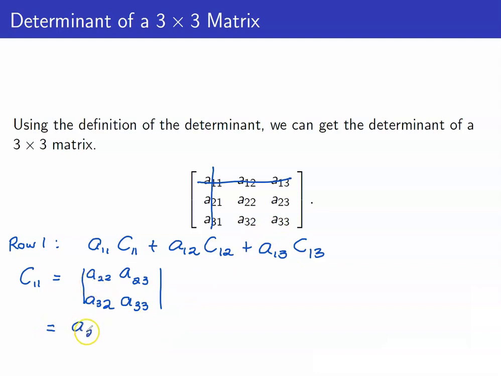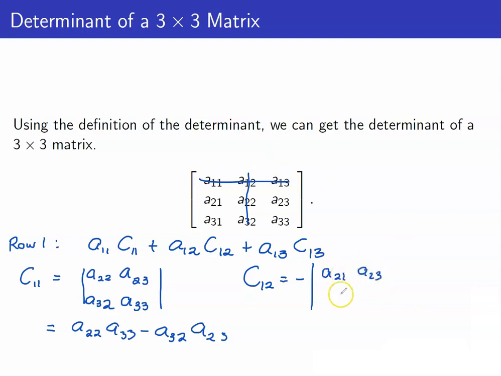This is equal to A22, A33 minus A32, A23. Next, let's compute C12. C12, this is 1 plus 2 is 3, so we have a negative 1 here. Times the determinant of, remove A12, we have A21, A23, A31, A33. This is equal to negative of,